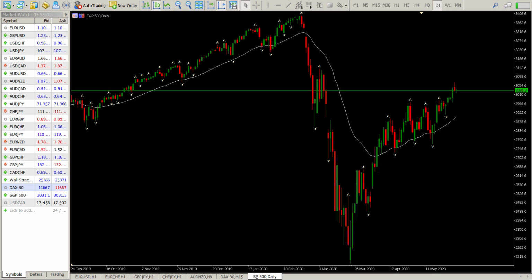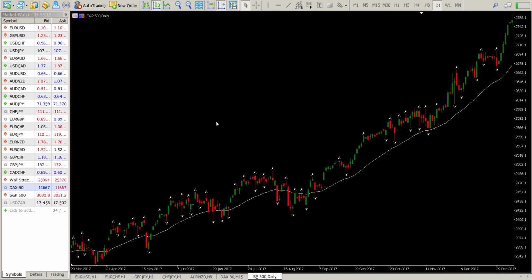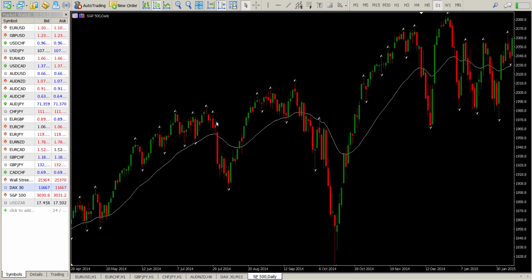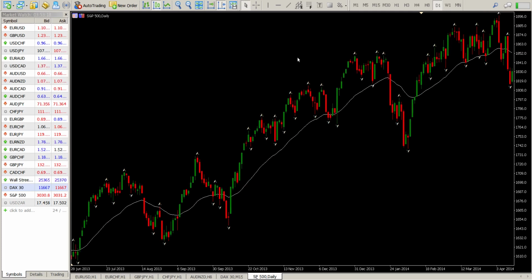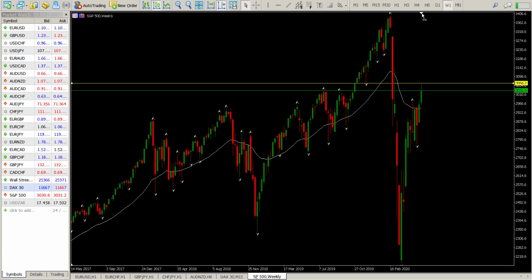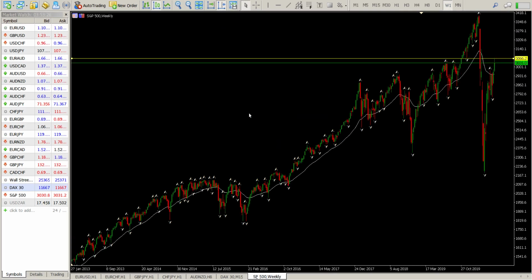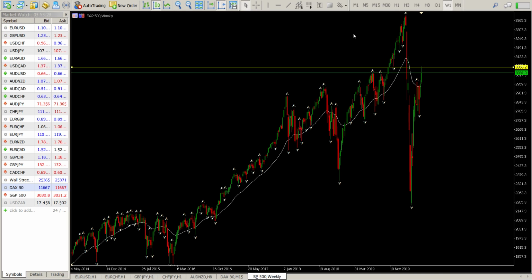So can't really see. But the only level we have here is this swing low here, and you can see some interaction with it there. And if I just run to the left, I don't think I'm going to see much. Let's try the weekly quickly. No, we're not going to see much here. Okay, so